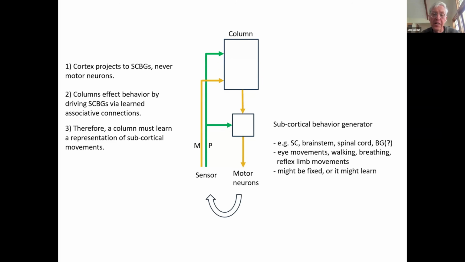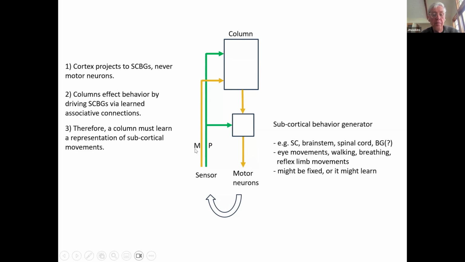So let's now talk about vision specifically. What we think is going on in vision is that the superior colliculus moves the eyes. This little arrow is like the feedback from the world. As the eyes move, the input from the sensor changes, and that input comes back up not only into the superior colliculus, but into the cortical column. And we've proposed